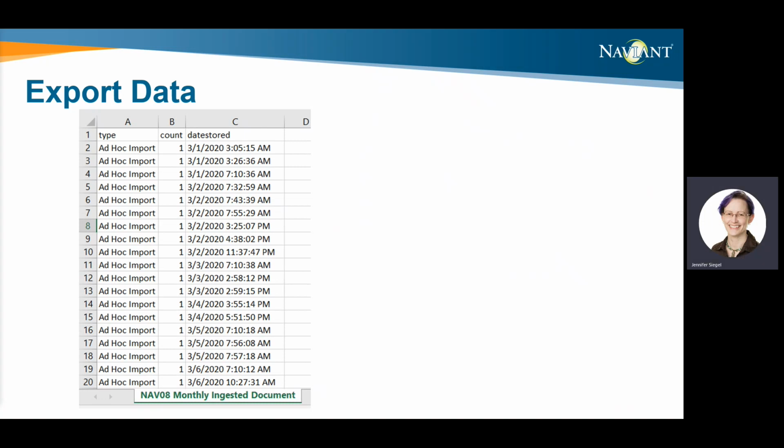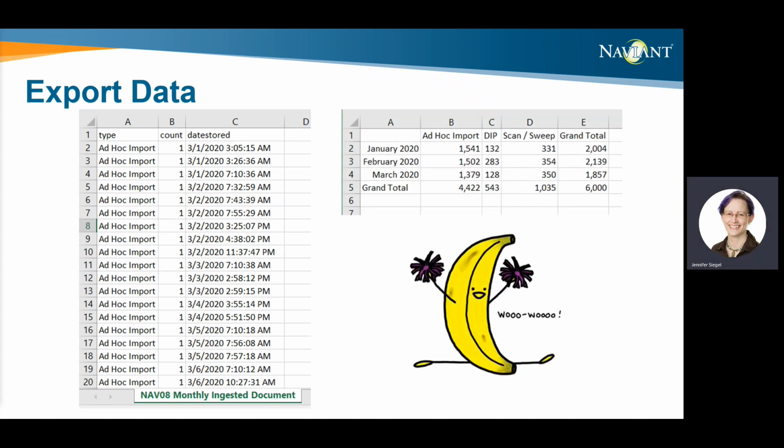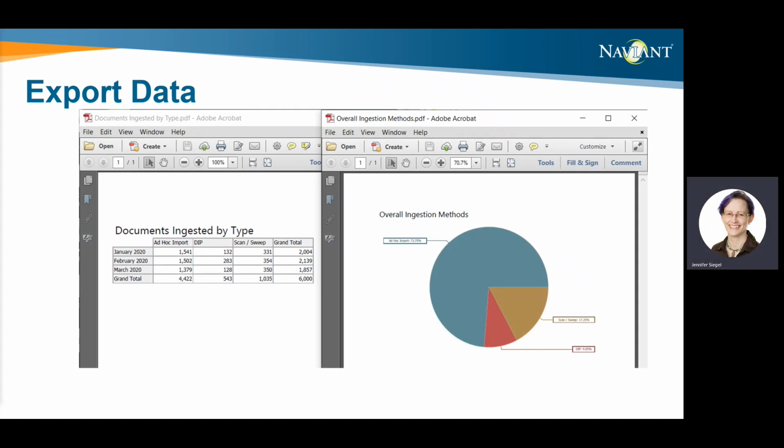All right, so while the export data button will give you the overall data like so, export to Excel will give you the massaged version of the data in the selected widget so that you don't have to do the calculations all over again by hand. The export to PDF and export to image options will give you the friendly graphical display.